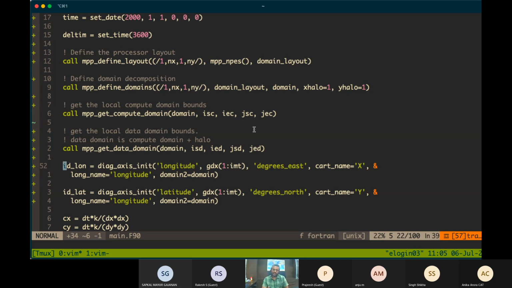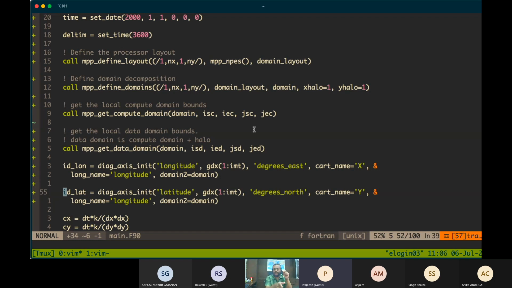It's just an integer, but that integer is an index to this axis, and the axis information is inside the diag manager. We'll be using this axis index to define a variable.